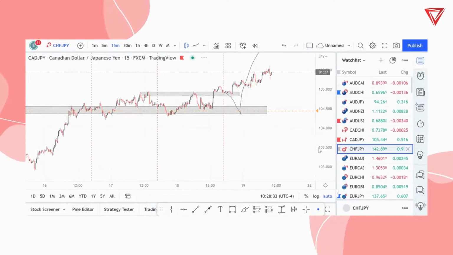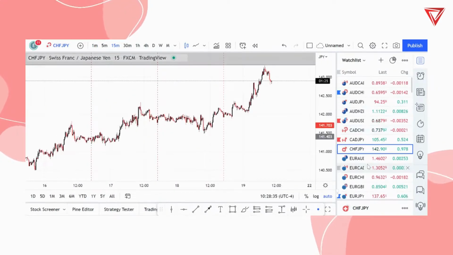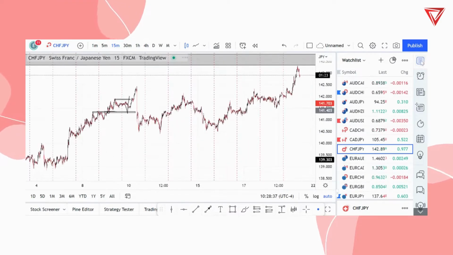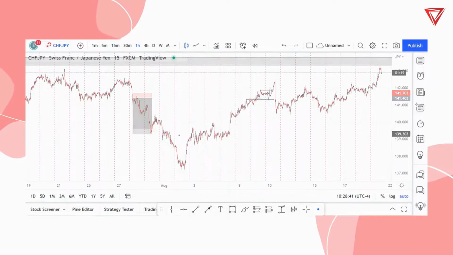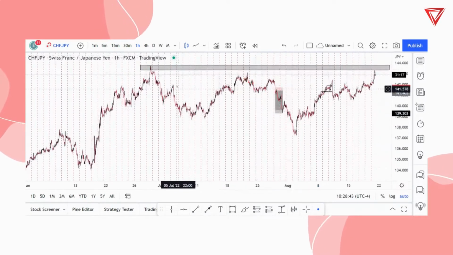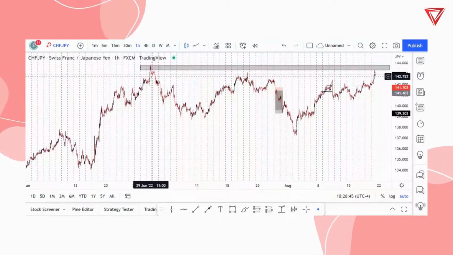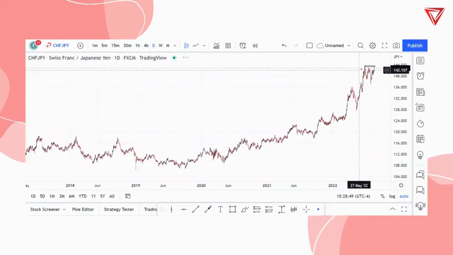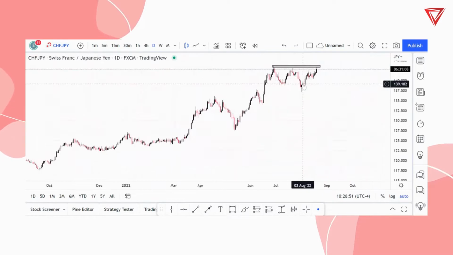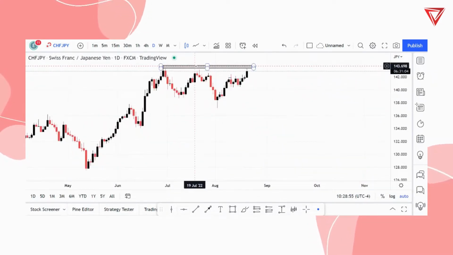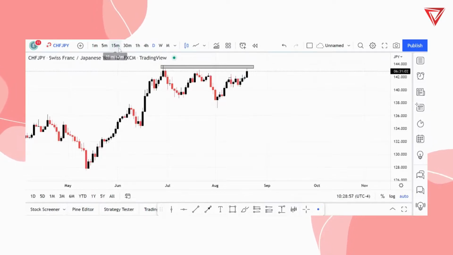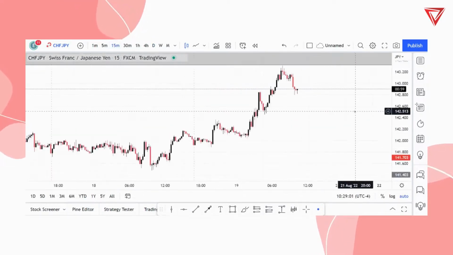The next thing, did I have anything on CHF JPY? So I'm going through all the pairs, right? CHF JPY, we have something interesting here. We have a liquidity zone up here. So what I can do, I can go on the higher time frame. We know that there's liquidity up at this area because obviously there are people selling here. I'm positive that if you try to sell here, that's exactly what they want. So in my opinion, I think that's a trap. And if it were a reversal, why would they try to get back there again? But we'll leave this alone for now.